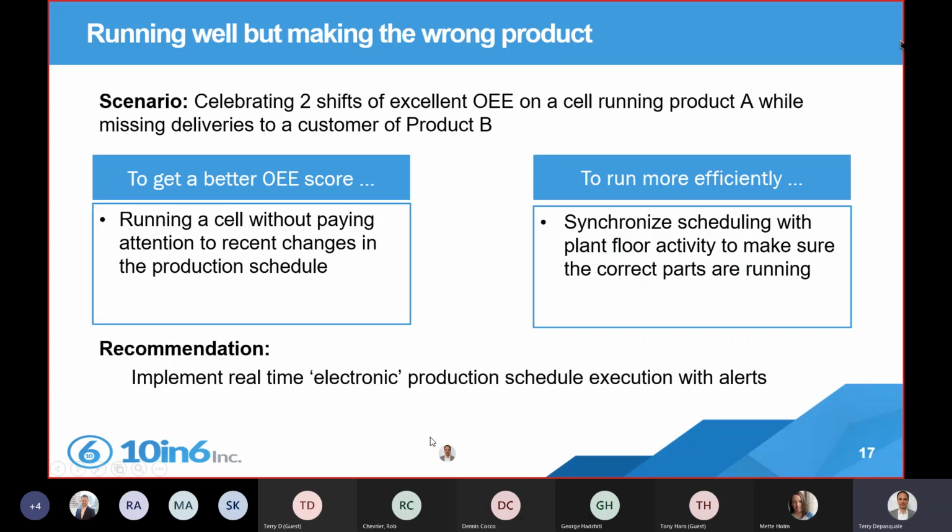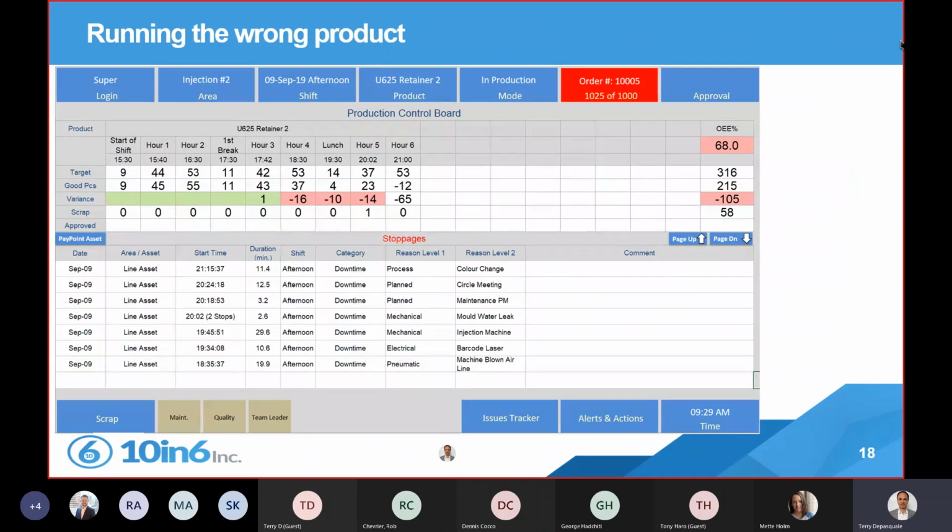And we recommend doing that electronically so that in real time, if the planning or scheduling department makes an update to the schedule, that change is reflected down to the shop floor in real time. And so an example here of running the wrong product, and I'm just going to pause for a second here